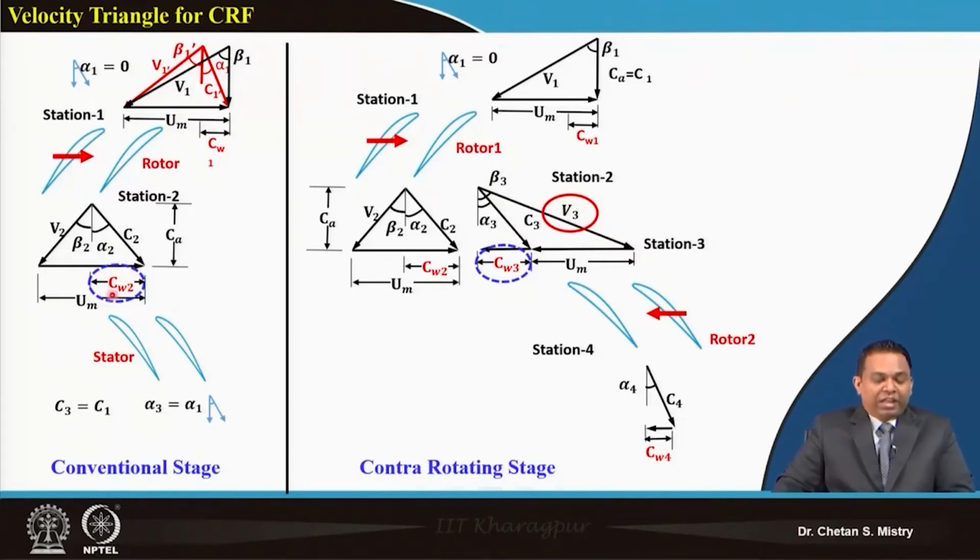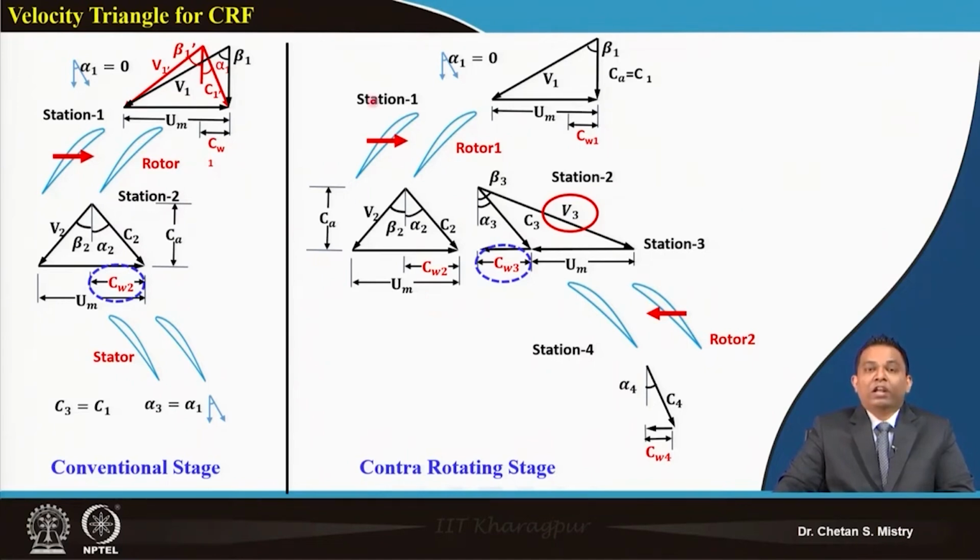The stator will nullify or minimize the effect of this swirl, and at the exit of my stator I will have straight flow, as per the expectation for the next stage. Here in this case, my flow comes out in the same way,